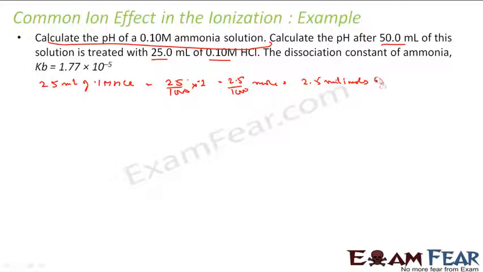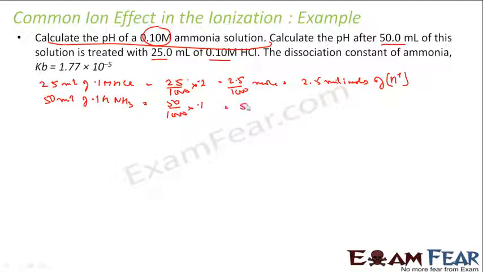So this is H plus from HCl, and this reacts with 50 ml of 0.1 M NH3. This is nothing but 50 by 1000 into 0.1, that is 5 by 1000 moles, that is 5 millimoles